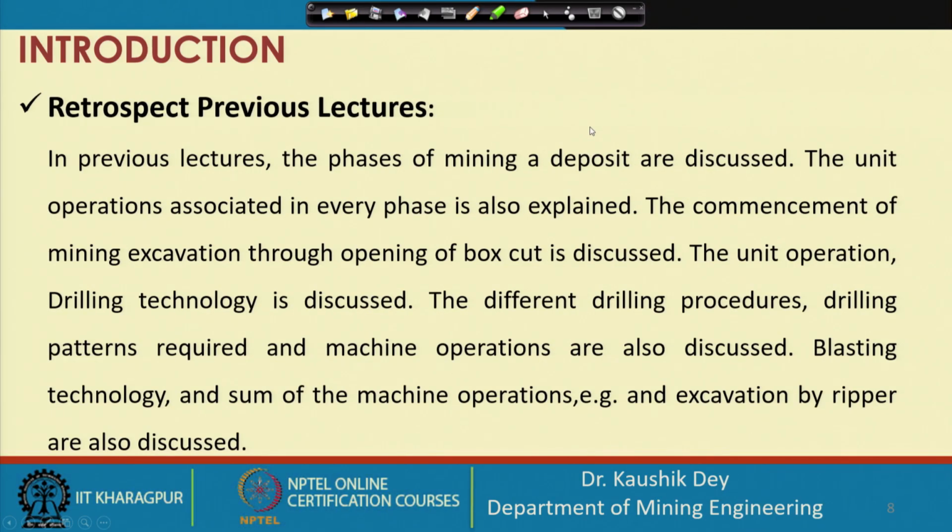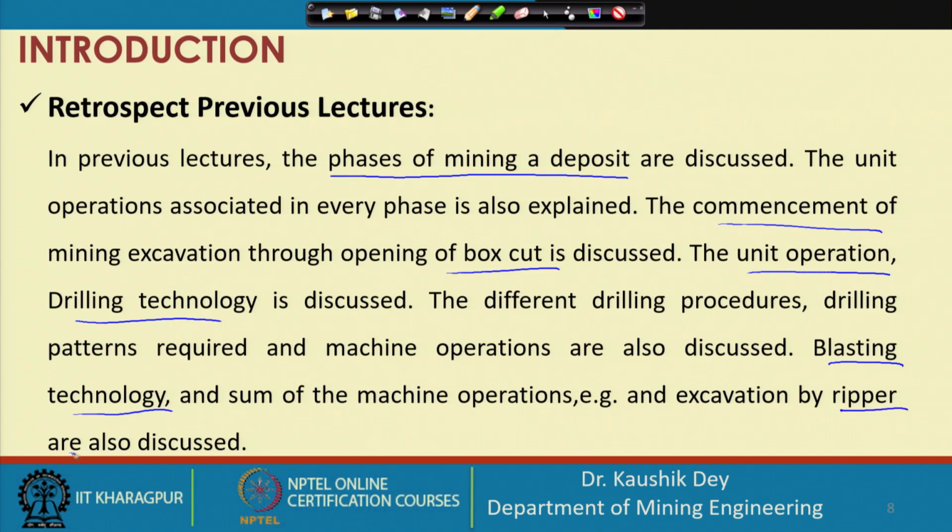And let us retrospect the previous lectures. So far we have covered the phases of mining a deposit, and we have also discussed the unit operations pertaining to those phases and how the decision will be made after each phase, whether the mining will be carried out or not. We have also discussed the commencement of surface mining using a box cut, and unit operations like drilling and blasting, and also blast free technology, where the rock mass will be fragmented,